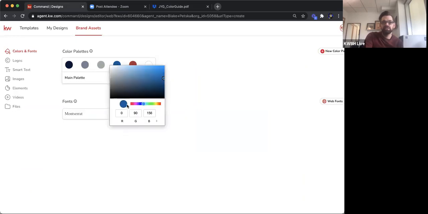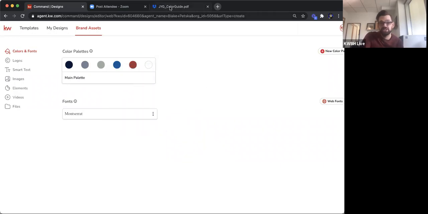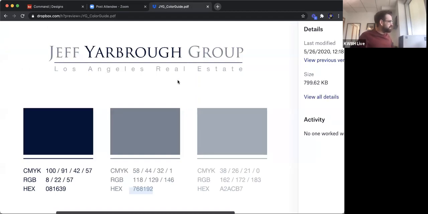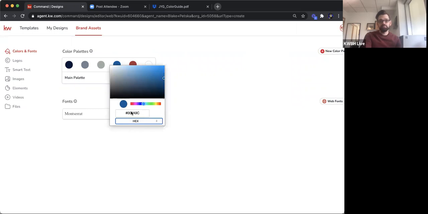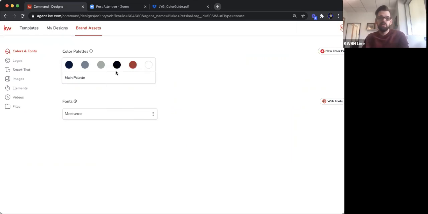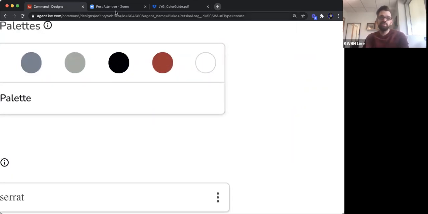bring it into designs. I can paste that in. It didn't work, so let's just write it down manually. Hang on. Okay, here we go. 768192. That's the hex code for this color that the marketing department assigned for us. So we're literally just going to take it into designs and then write that number in the hex. We got 768192. And then we now see that color